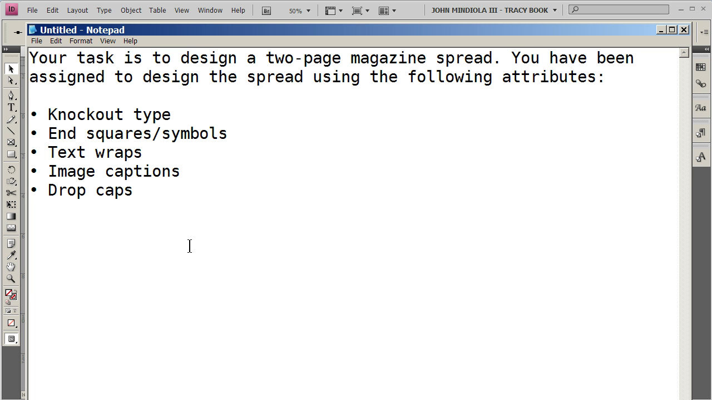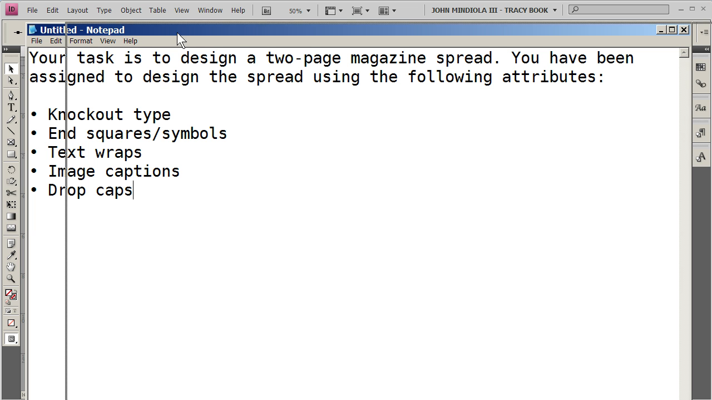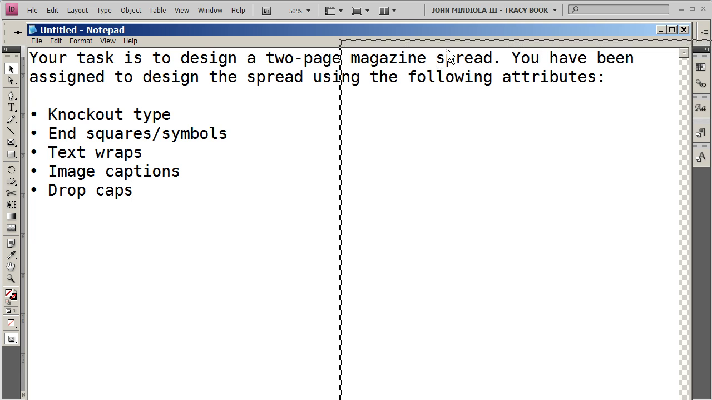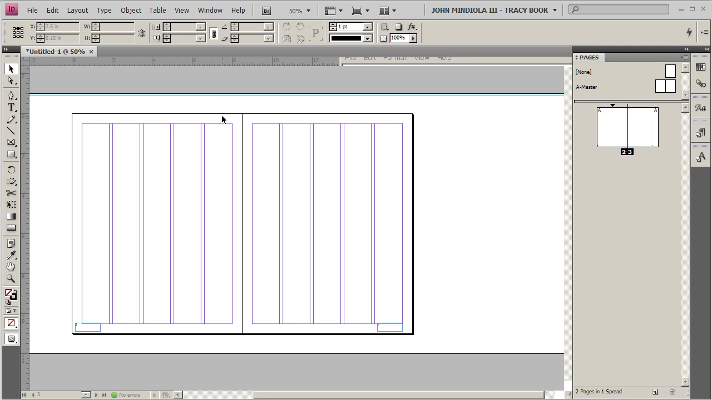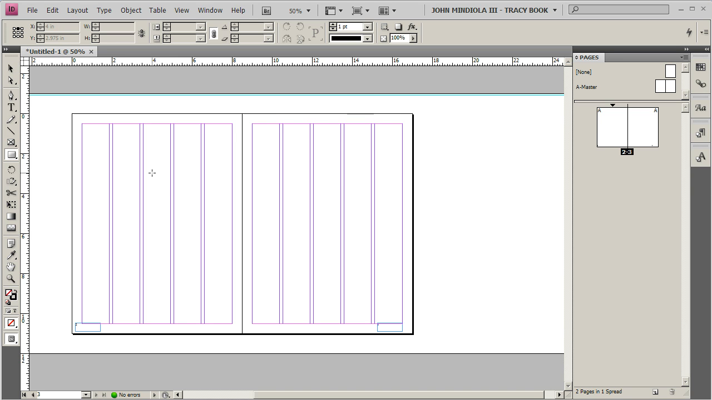knockout type, end square, text wrap, image caption, drop cap. So I'm going to go through these individually, not in any way that really makes sense as far as a design would go, but we'll just go through them one by one. So knockout type, simply what that is, let's say I have a box